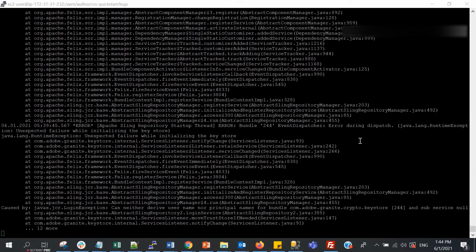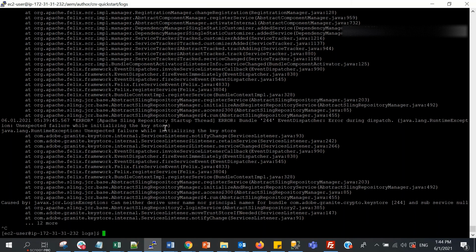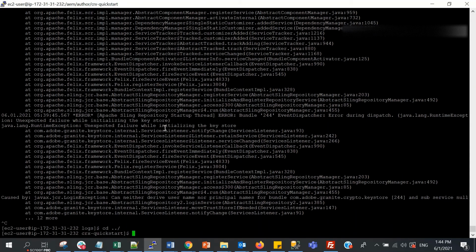A few moments later. Hi, I'm back. I have waited for around 5 minutes, but I see there's some error here in the log. If you encounter such an error, you can try deleting the index file in the repository.